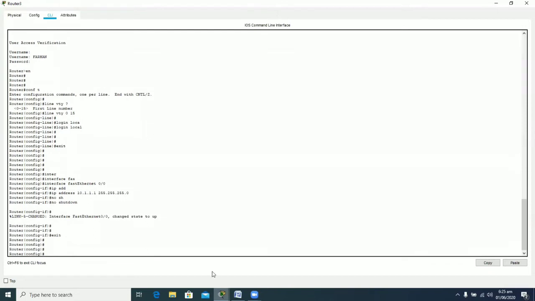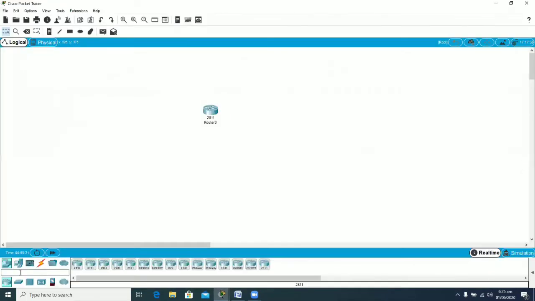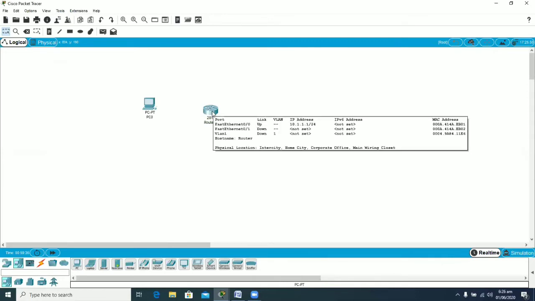This is my Packet Tracer work area, and I am now selecting an end device. For the end device, I will be using a simple PC. This PC will also be given an IP related to the fast Ethernet port 0/0. At 0/0, you can see that you have the 10.1.1.1 IP.